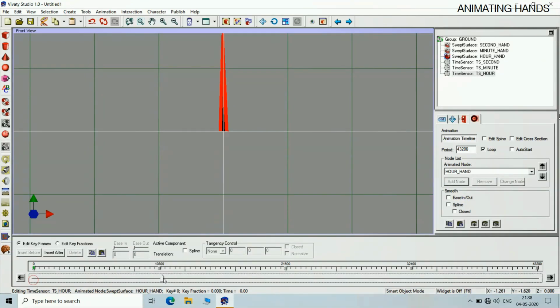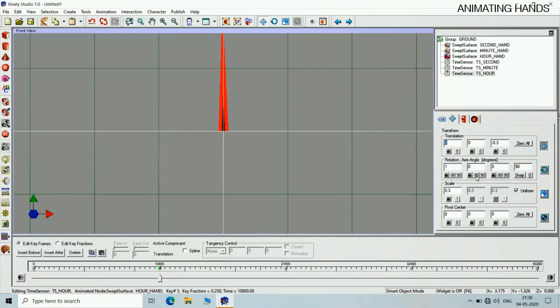Now at 10,800, it will again complete the quarter circle. Our hand will complete the half circle at 21,600 seconds. Click twice.